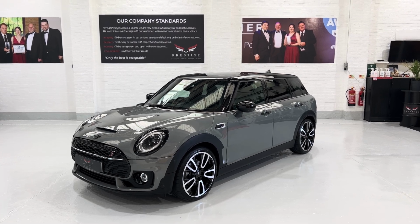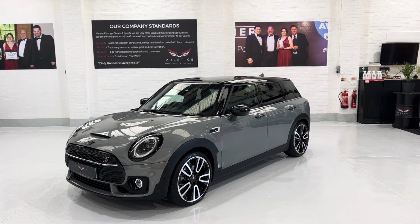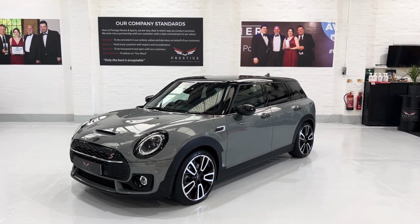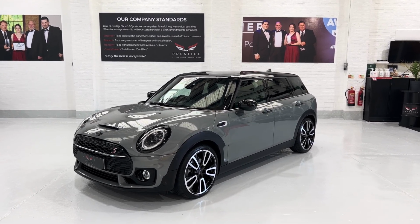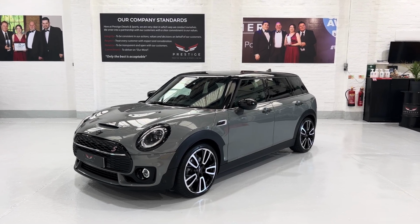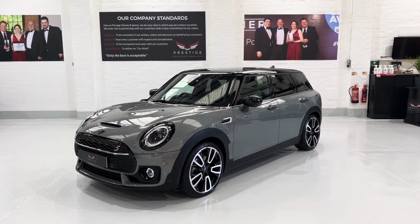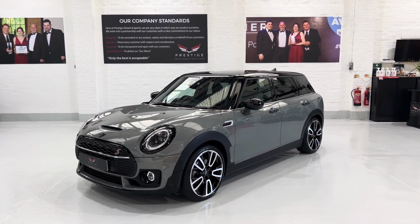Today we're looking at this stunning 21 plate Mini Clubman Cooper S Sport Auto. Essentially this is the 4 doors and then the Clubman double doors at the back. So a very practical Mini. Now this car's covered just